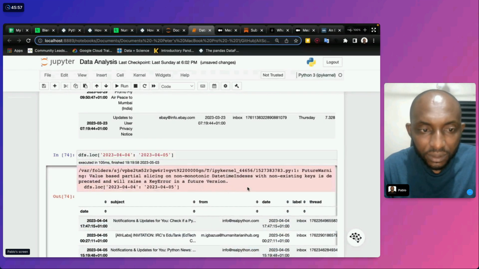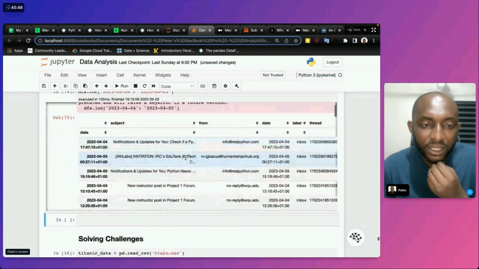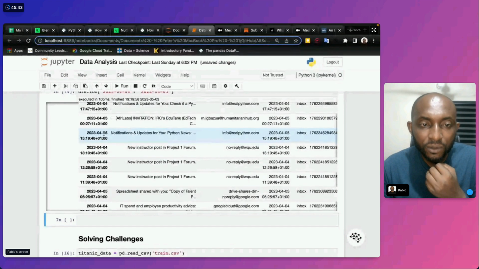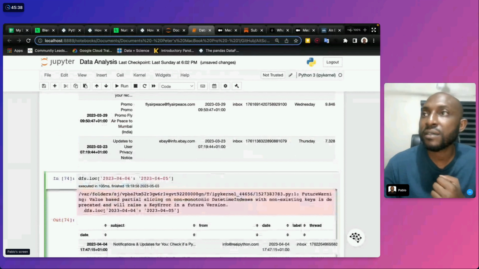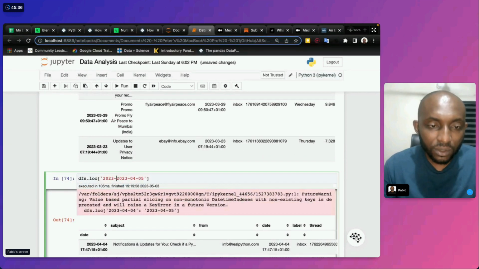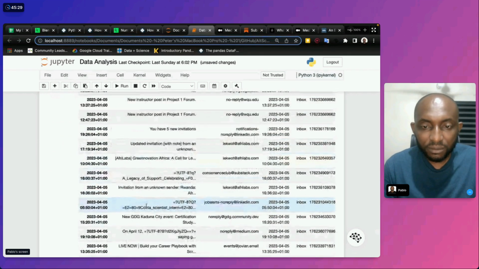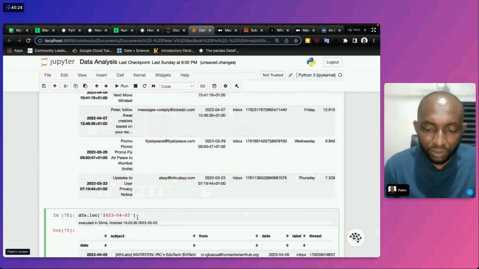Datetime index is deprecated, we raise the value. Future warning. So something of this nature, you can see there's an email for this day. You can decide that you want to find a certain day. You can see different emails for this very day.